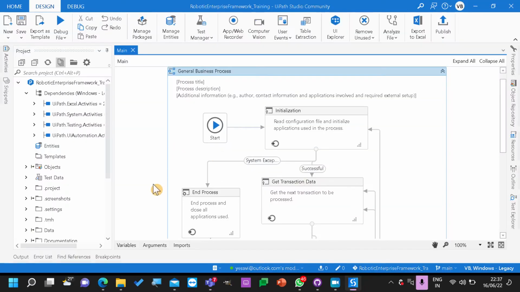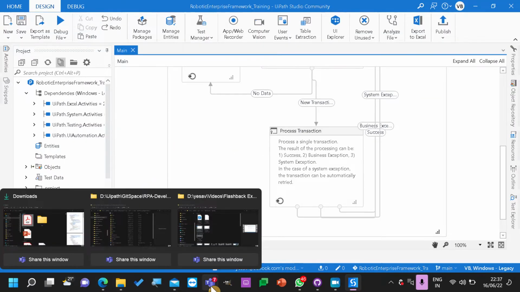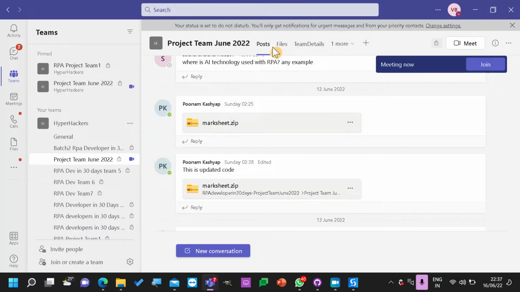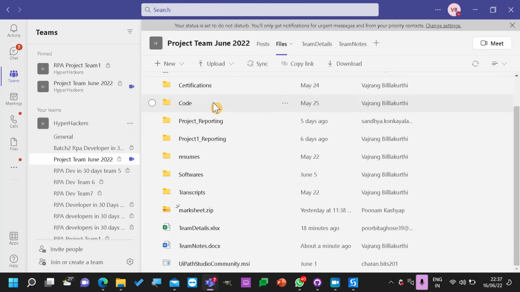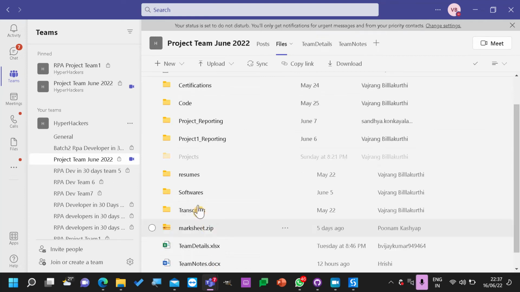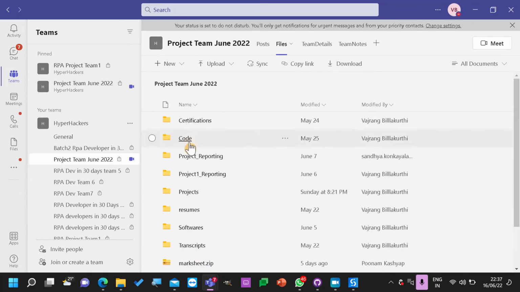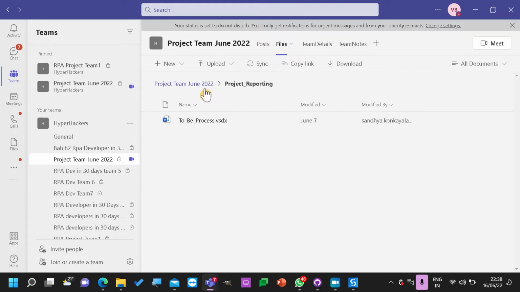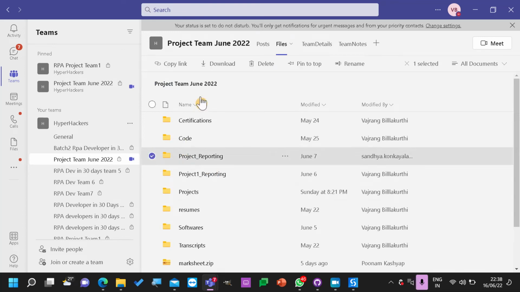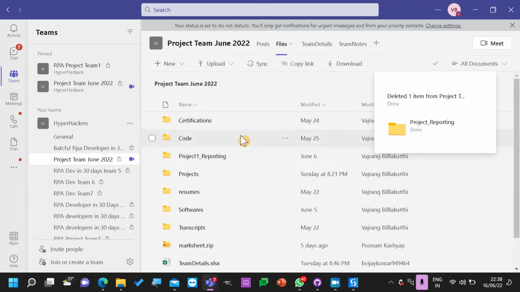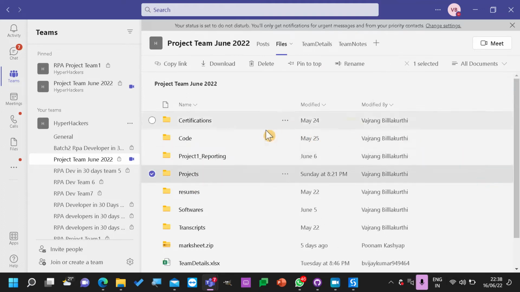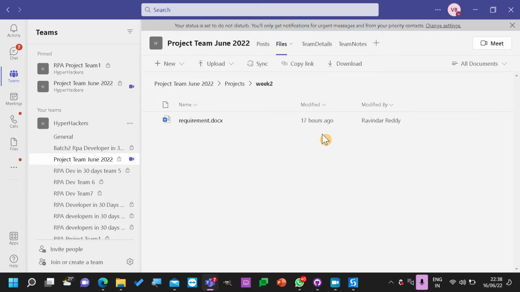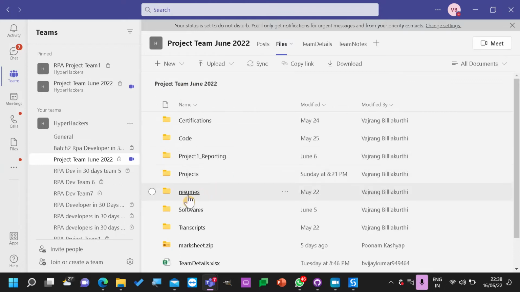Let's see with this current code. Till now, whatever we have done, let's go to files, and then delete. And let's see with the projects. Week 2, requirement document is fine.